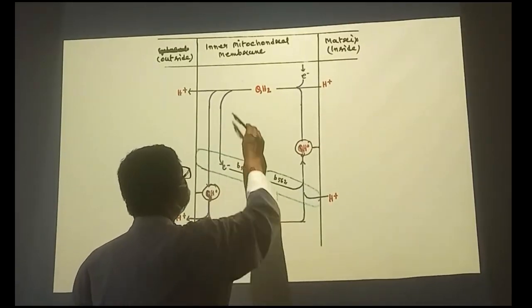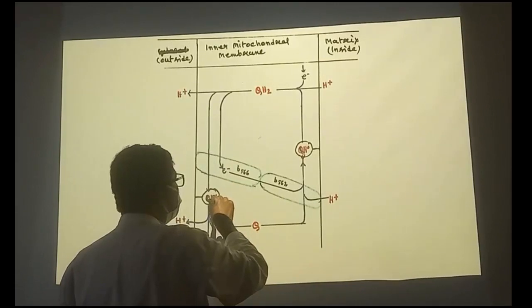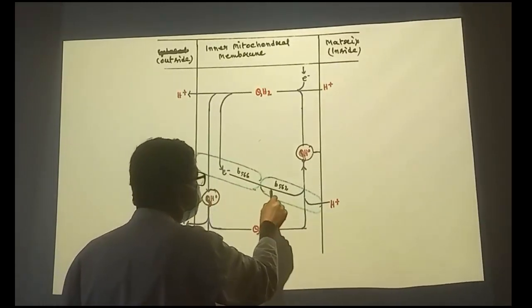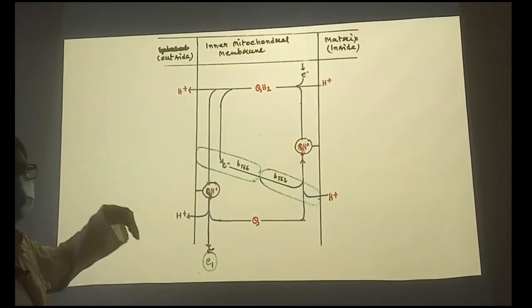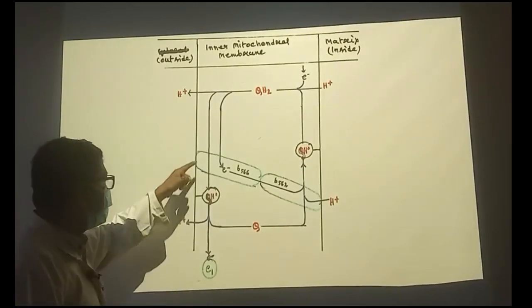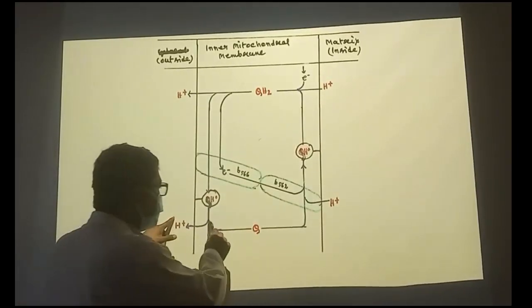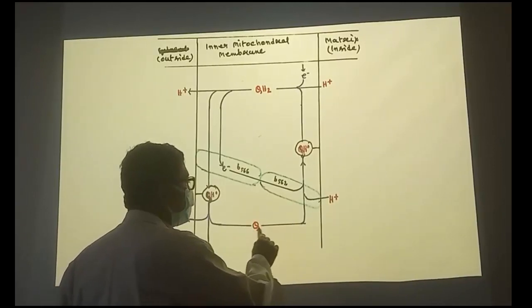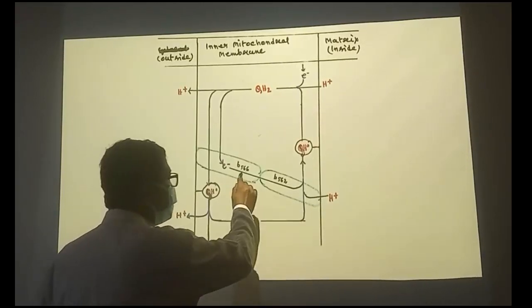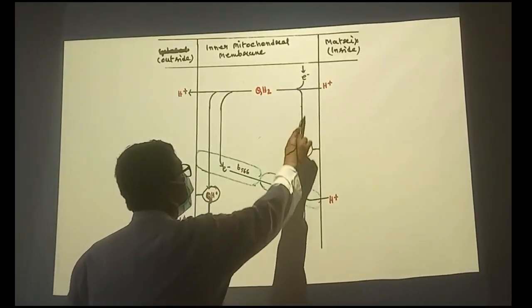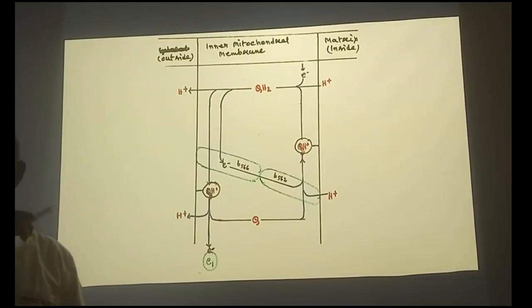So what happens? The electron along with the proton, one proton is released, and this electron via cytochrome is again going from one end to the other end, and this QH+ again releases another proton, and the oxidized Q is again going and accepts another H+ from the matrix, and they unite to form the semiquinone form, and then again it takes another electron and another proton to be fully reduced. So this cycle goes on.